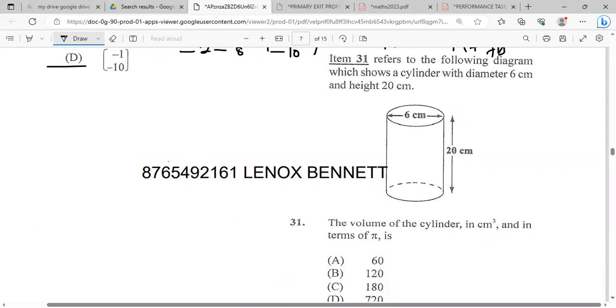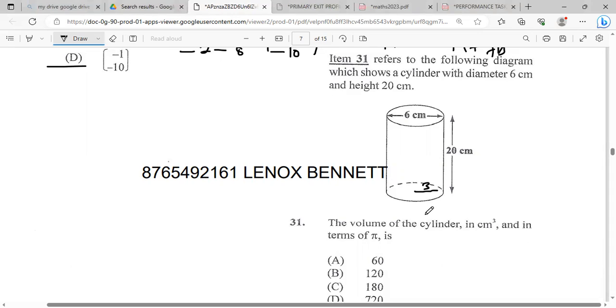All right, so it says item 31, refer to the following diagram. Which of the following is the volume of a cylinder with diameter 6 and height 20? So if the diameter is 6, that means the radius is 3, because the radius is half of the diameter. All right, and in order to find the volume,